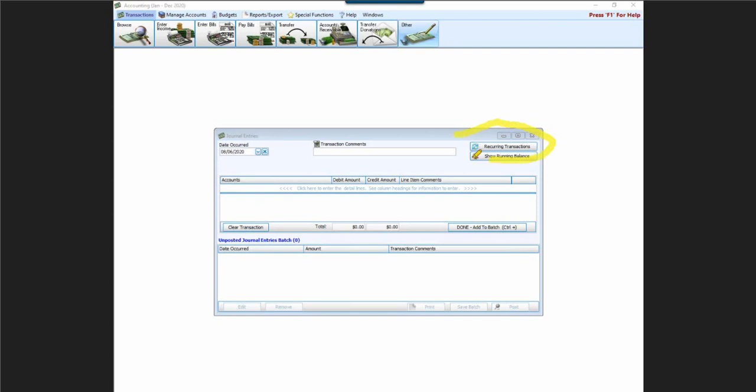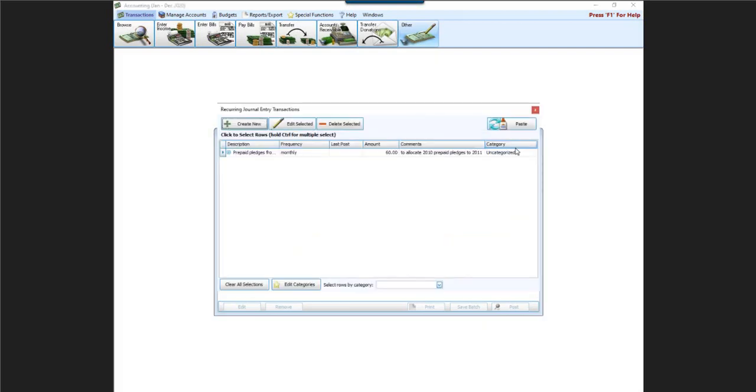So let me get out my highlighter here and kind of show you. Right up here in the upper right, we've got this button called Recurring Transactions. That's where it appears on every one of those transaction screens, in the upper right, right above Show Running Balance. Okay, so we click on that, and we see we've got one in here for recording a journal entry for our prepaid pledges. But we want to now set up a recurring transaction that we're going to post with a regularity of our choosing,